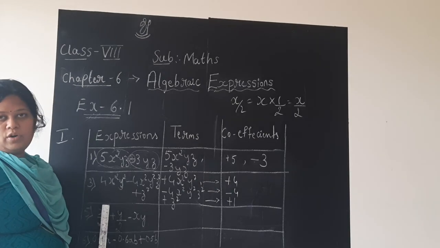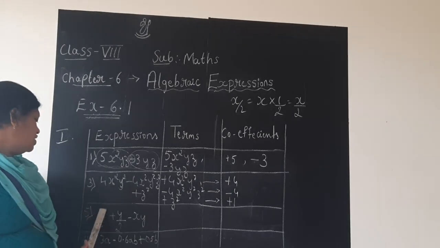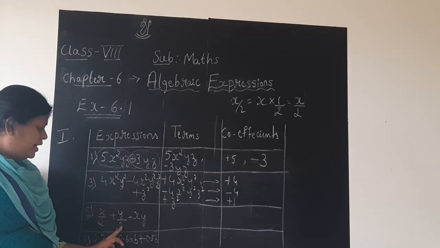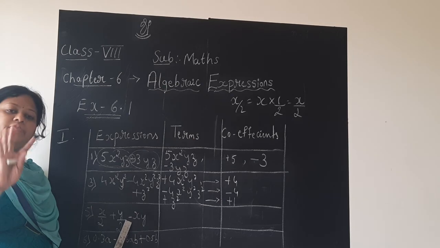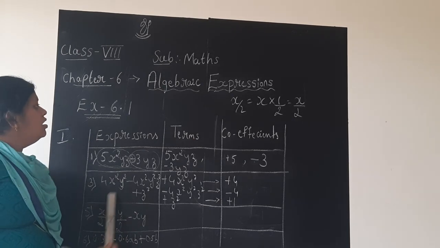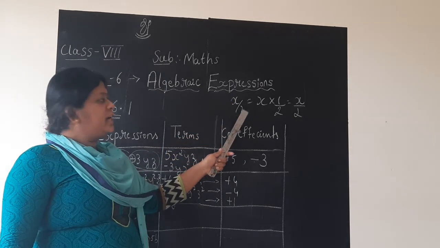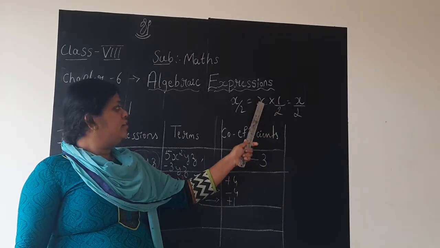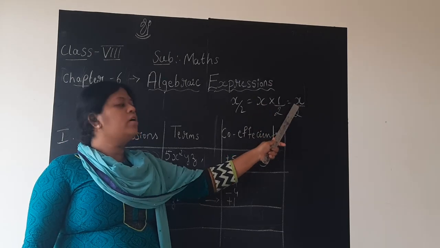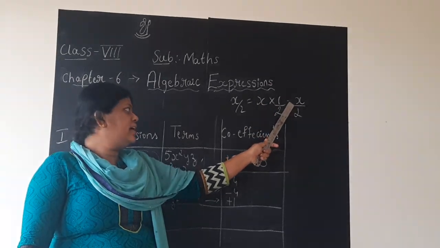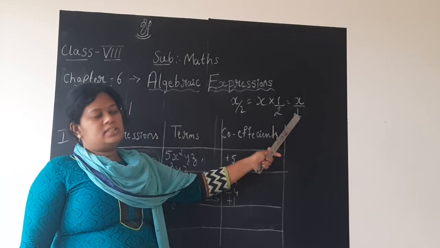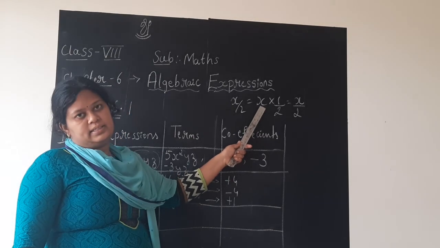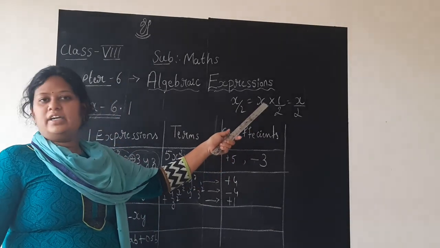Fourth one, again I want you to do. Fifth one I am doing since fraction was there. So x by 2 plus y by 2 minus xy is the fifth question in your textbook. Now look here. X by 2 can be written as x into 1 by 2. How, you may ask? See, if I multiply the numerator x into 1, what do you get? X ones are x. X into 1 is x divided by 2 as it is. So 1 by 2 is now the coefficient of x. Hope you are clear now. This you have studied in your lower classes.